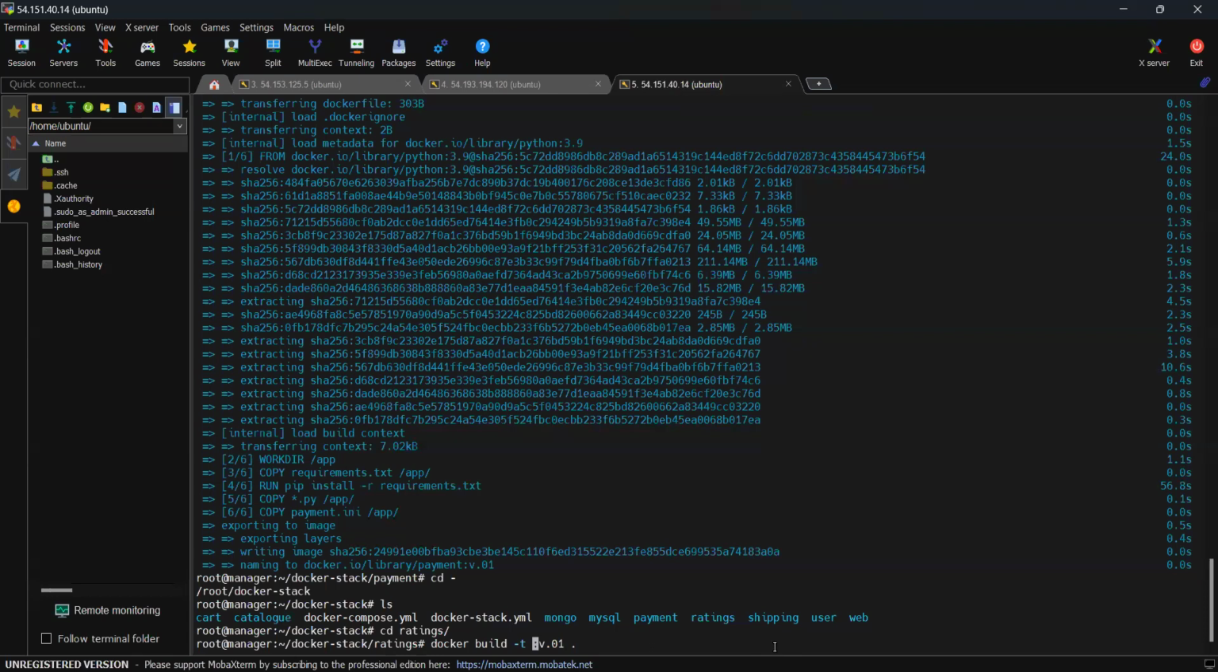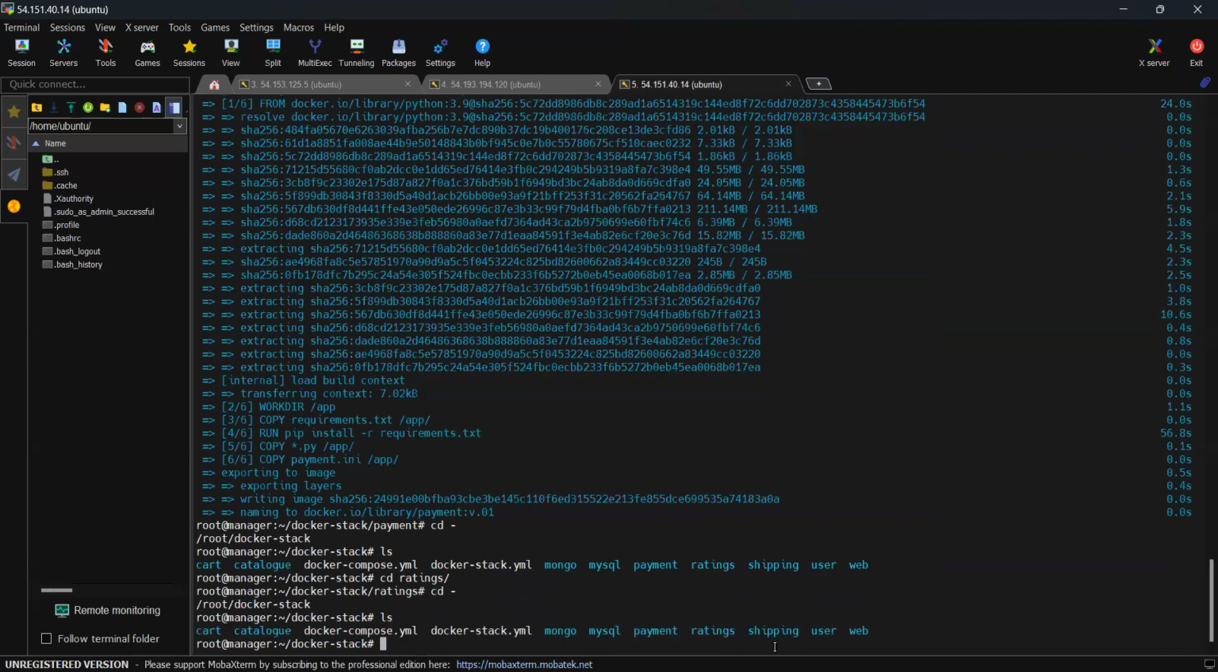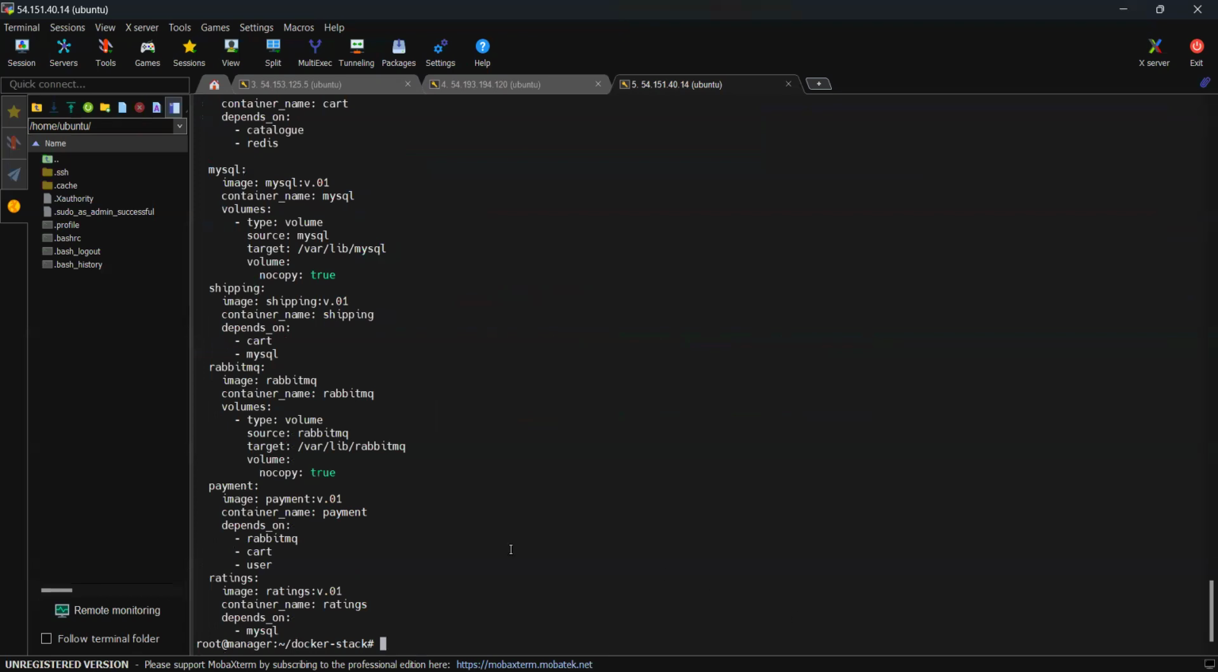So before that we need to check this. ls, docker, cat docker file compose. So here